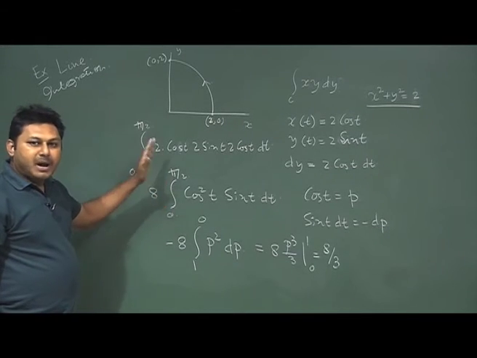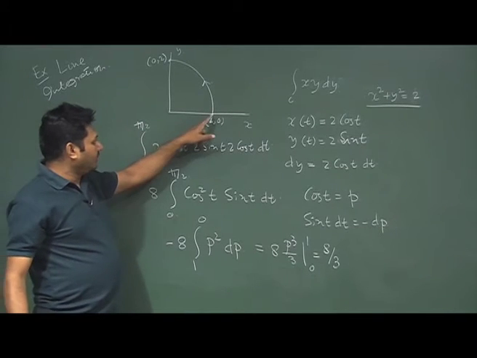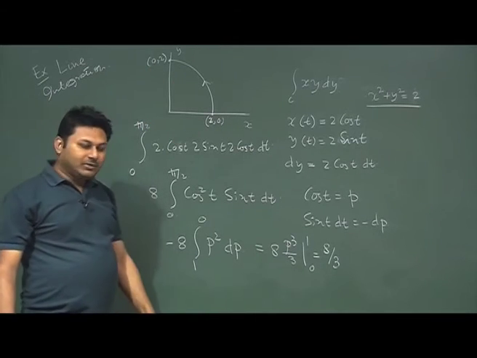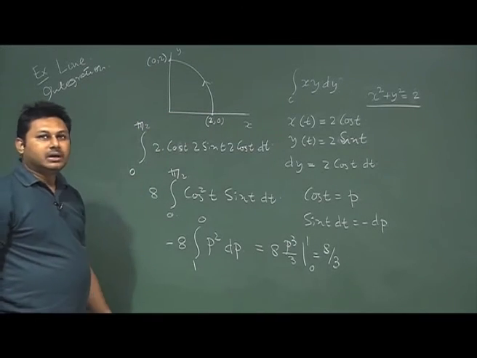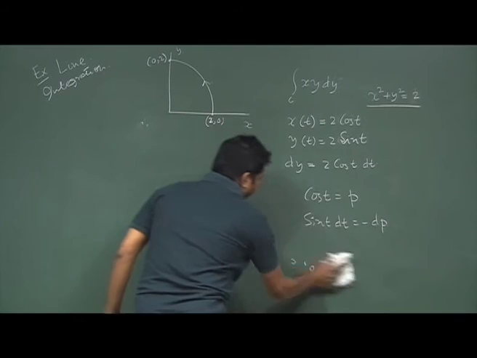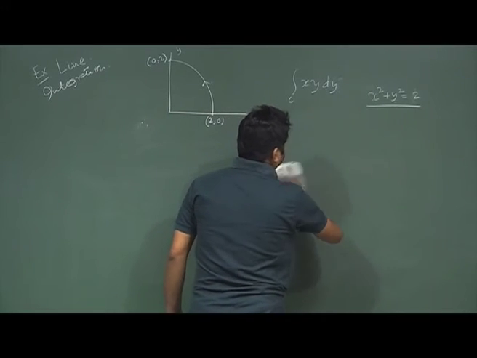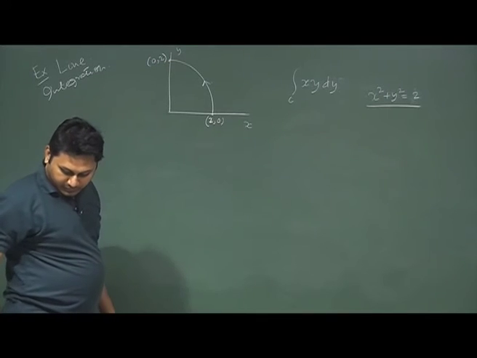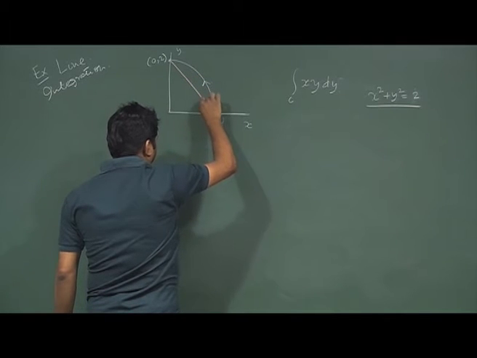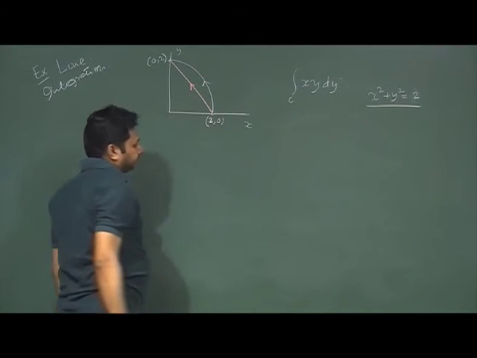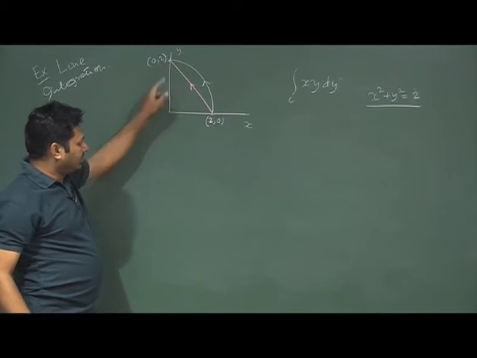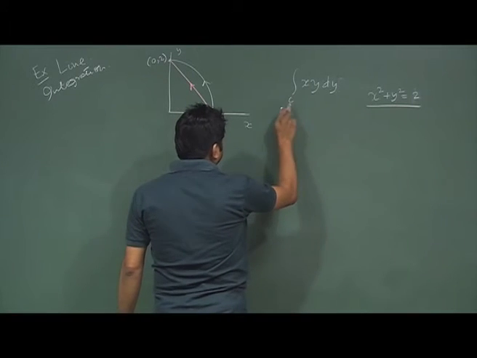Now if the path is changed, I am not going to go from here to here in this way, but in a different way. Should the value of this quantity be the same? The standard answer says it may not be the same thing. Let me do that. So now I will go from this point to this point in this path. I will change the path. If I change this path from this point to this point, then this integration C is now changed.